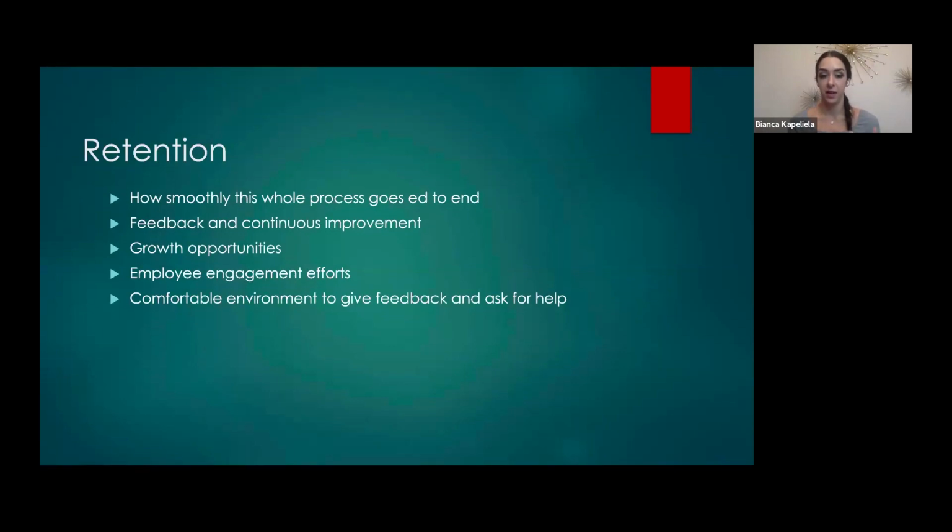So that's leading into the employee engagement efforts. When we feel invested in and we feel like we're learning and growing, that's when we're the most engaged and the most excited about what we're doing. When we just feel stagnant, we're just doing the same thing every day. Maybe we're doing it good, maybe we're doing it bad, we don't really know. That's when people start checking out. That's when they get the wandering eye. Well, I wonder what else is out there, right? And again, you did all the work to bring them on board. You want to do your best to keep those people,